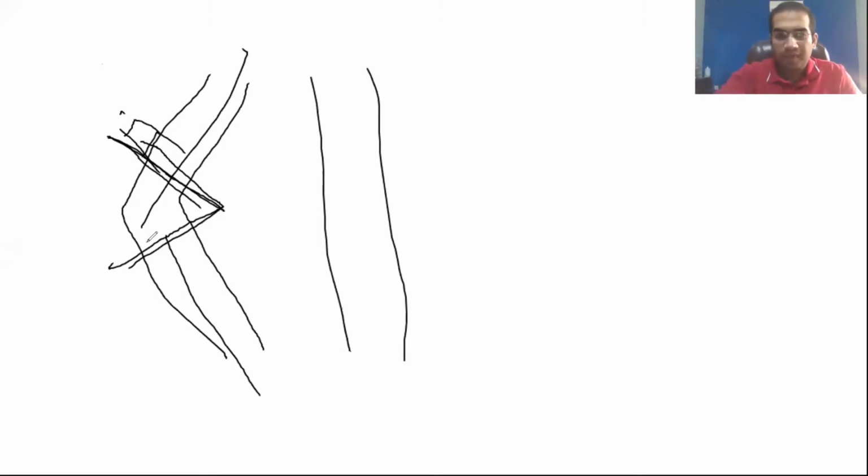Okay, so again, if this is the deformity, and now you see it from this angle, you need to make a wedge which is exactly perpendicular in this view as well.